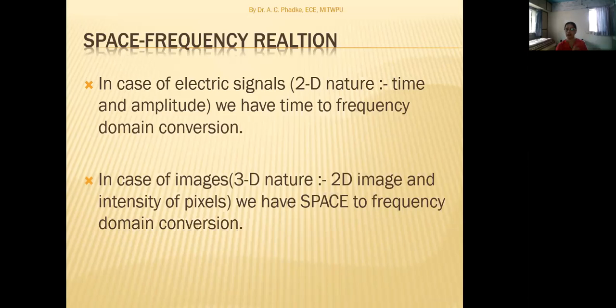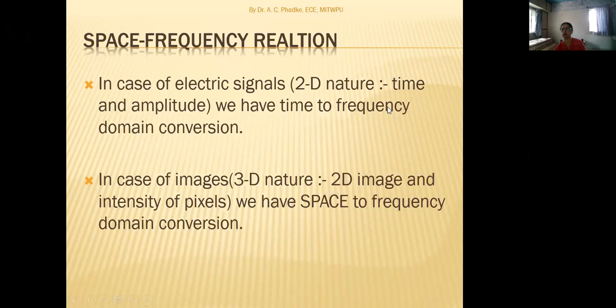So when we plot it as a signal, it becomes two-dimensional in nature. For this two-dimensional signal, we have one axis as time axis, and the second axis is the amplitude axis. And when we transform this signal to frequency domain, we get